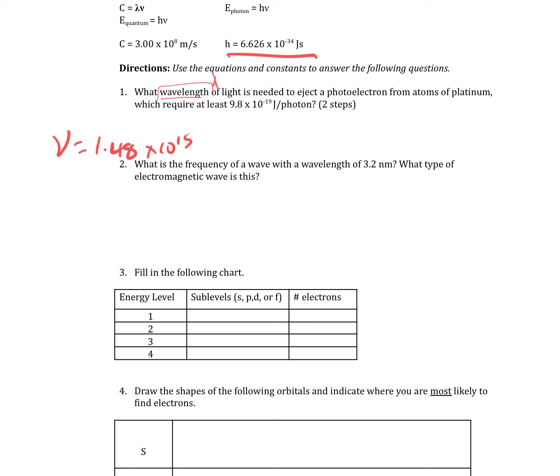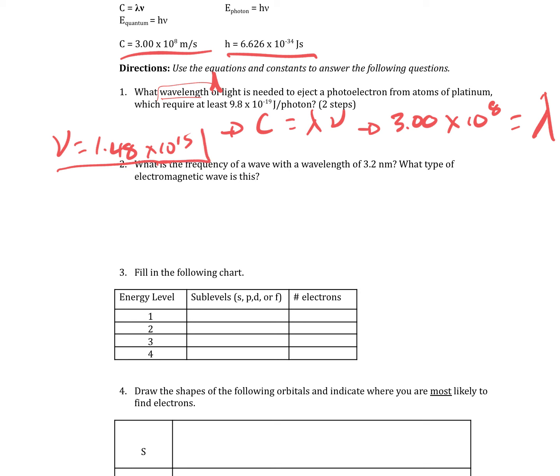and I continue with that same logic. I know nu. I'm looking for wavelength again. What is the only equation that has nu and wavelength? It is the speed of light: c equals lambda times nu. Now let's plug it in. c we know always, because it's a constant in the universe. So plug that in. Equals wavelength, which we don't know,